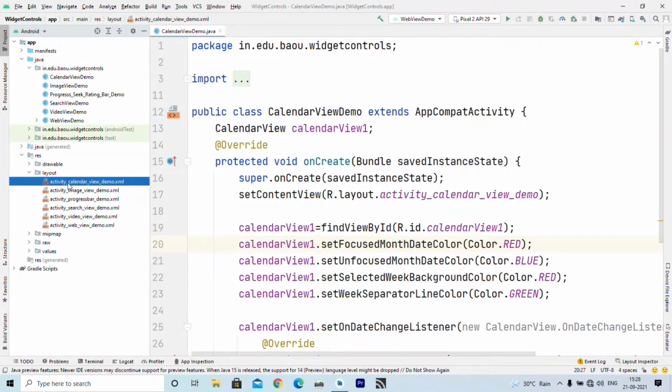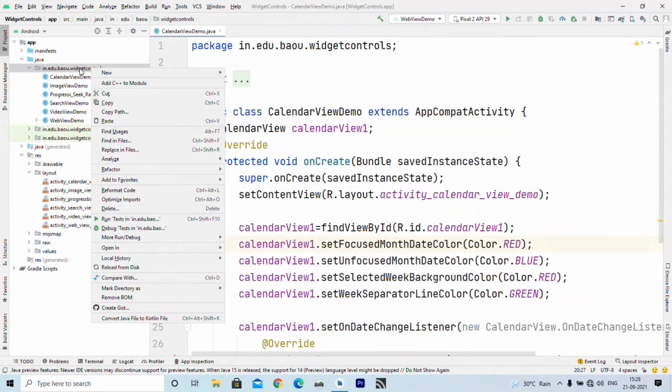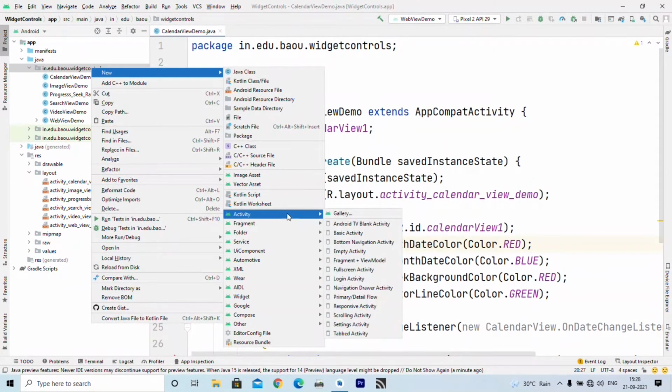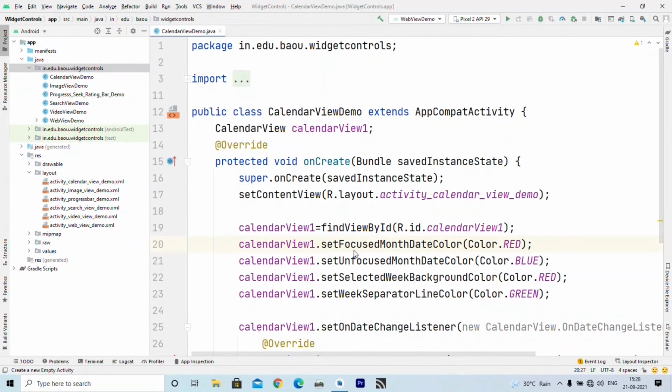We have already learned how to add a new activity in a project, but I am just repeating it for you. Inside the package you have to right click and then select New and Empty Activity.